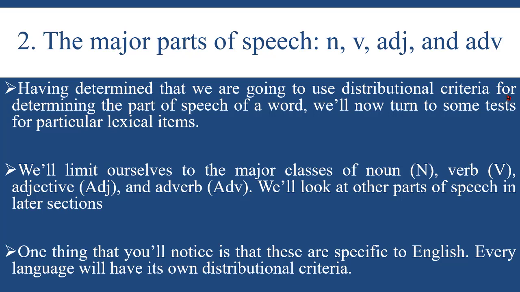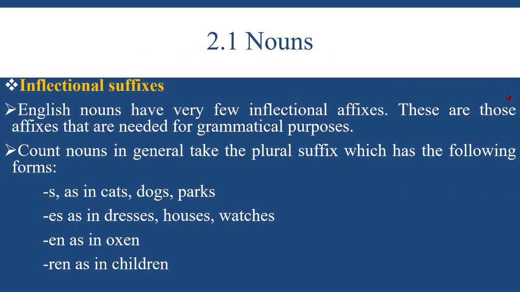Having determined that we are going to use distributional criteria for determining the part of speech of a word, we'll now turn to some tests for particular lexical items. We'll limit ourselves to the major classes of nouns, verbs, adjectives, and adverbs, and we'll look at other parts of speech in later sections. One thing you will notice is that these are specific to English, as we have said earlier. Every language will have its own distributional criteria. So nouns, for example,